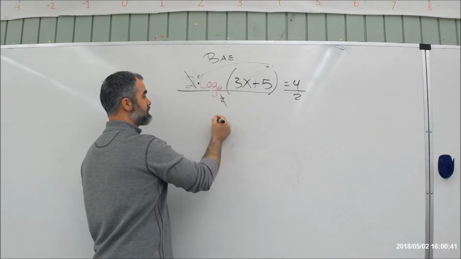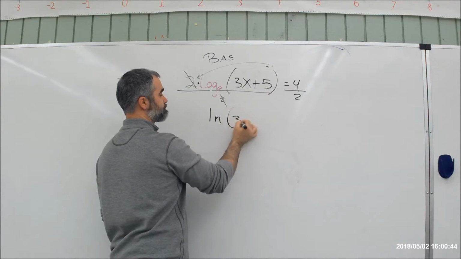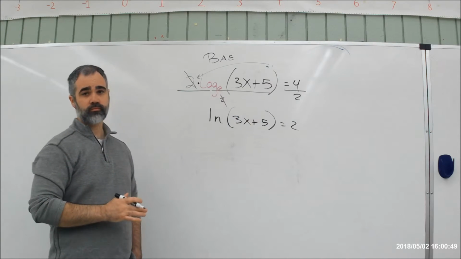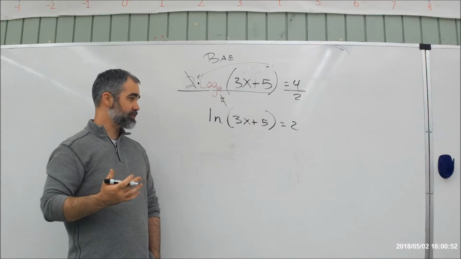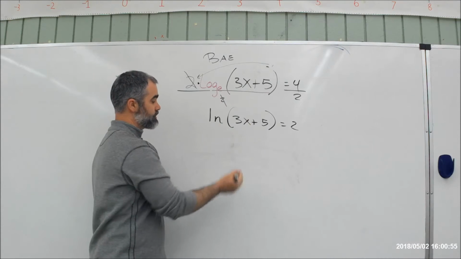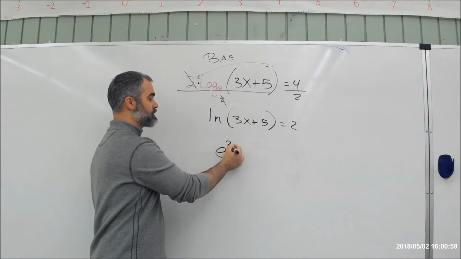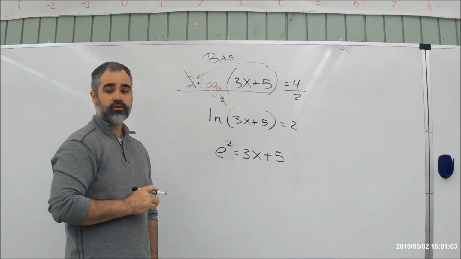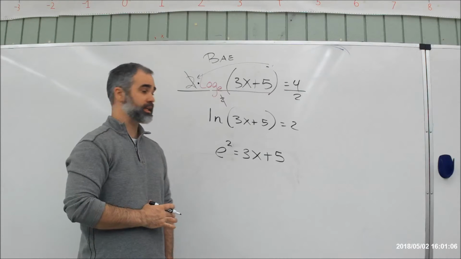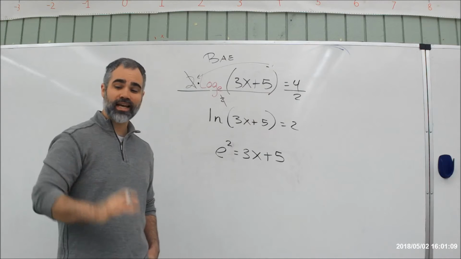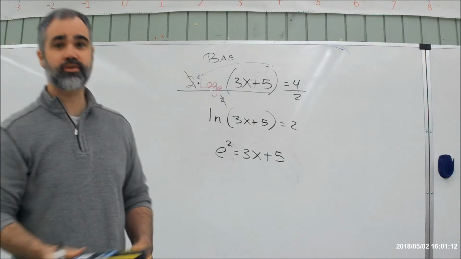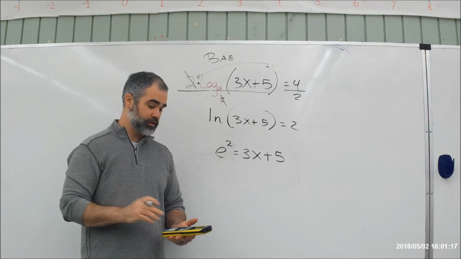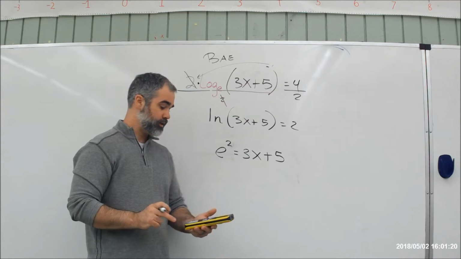And I can rewrite this. For the sake of consistency, I'm going to change this back to natural log. But remember, they mean the same thing. So now we can change it to an exponent. Remember, log base e. So the base is e, the exponent is 2, and the answer is 3x plus 5. So once you have that, you can solve this question pretty easily. e squared, again, you can use your second division button. Do not abbreviate 2.7 or 2.71, anything like that. Use the e button on your calculator for all these calculations. Gives you